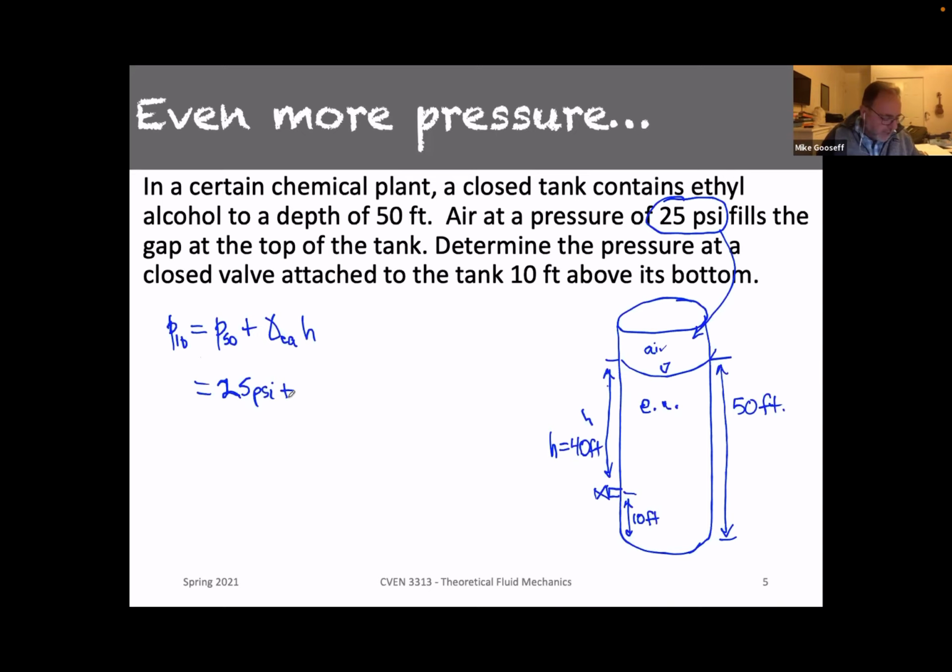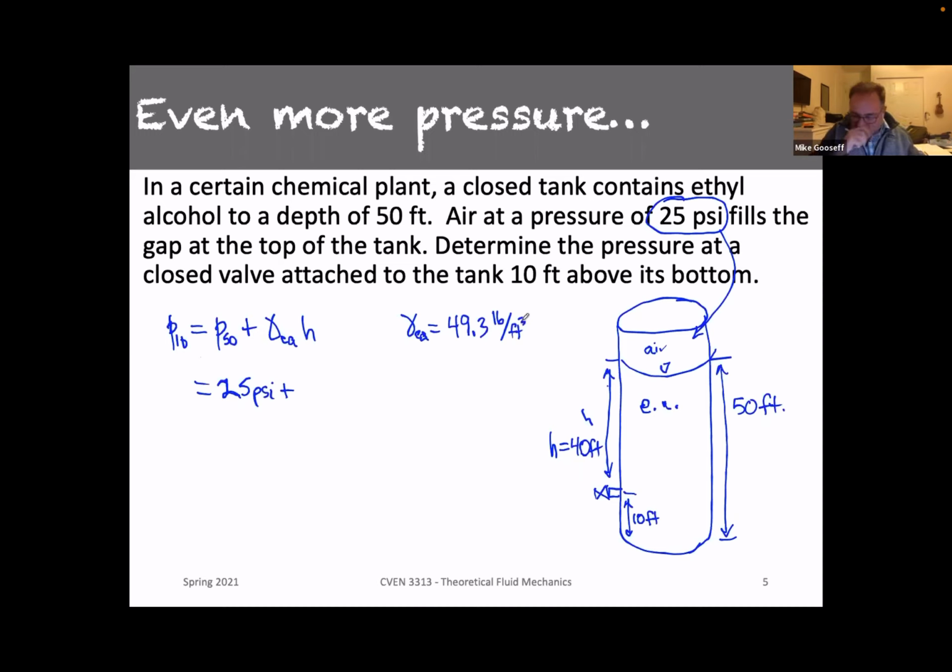So I've gone to look that up, and the value that I find in table 1.5 is gamma EA equal to 49.3 pounds per cubic foot. And the reason that I went with pounds per cubic foot is that